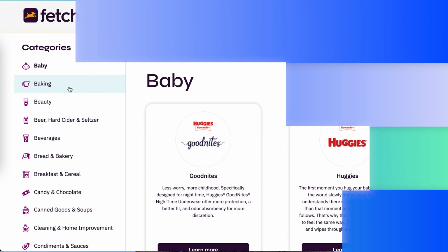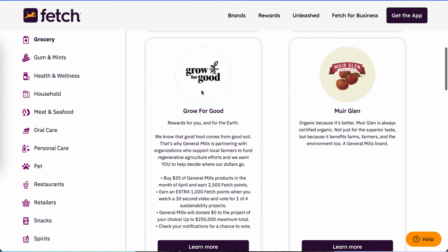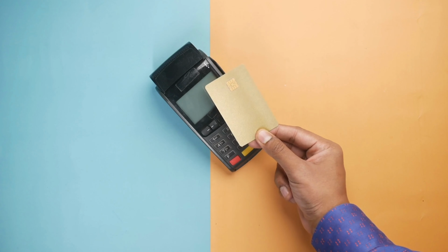All right, on to the next app, Fetch. With Fetch, you can earn reward points with hundreds of brands and redeem gift cards at popular retailers like beauty brands, grocery stores, pet stores, health and wellness companies, and more. Fetch does not offer actual cash back that you can withdraw into your bank account or PayPal. So a more technical term for Fetch would be an app that rewards you in gift cards for future purchases